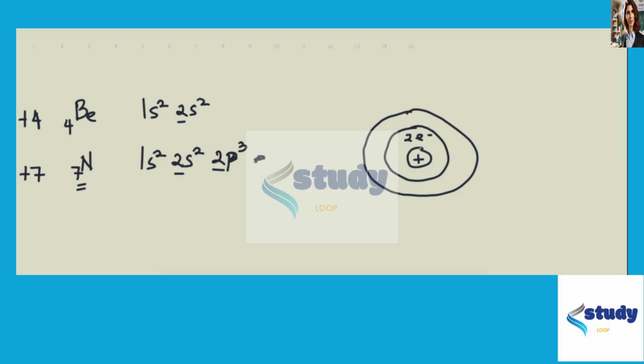Therefore, the effective nuclear charge that is felt by the electron in the valence shell of nitrogen will be more than the effective nuclear charge that is felt by the electron in the second shell of beryllium. And that is just